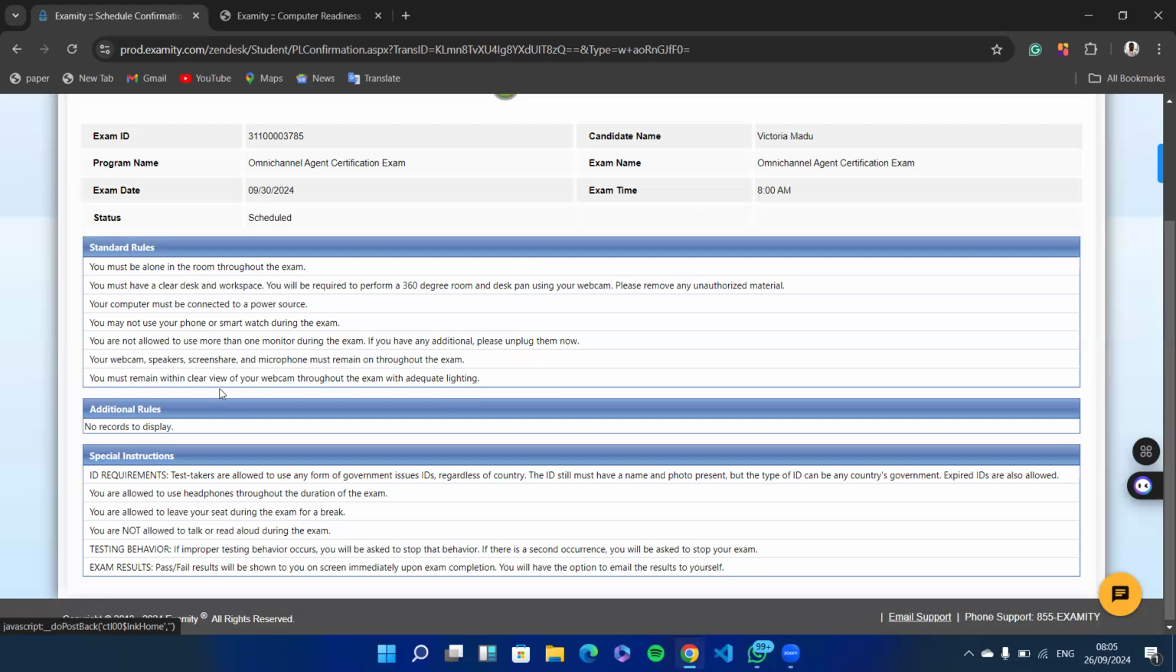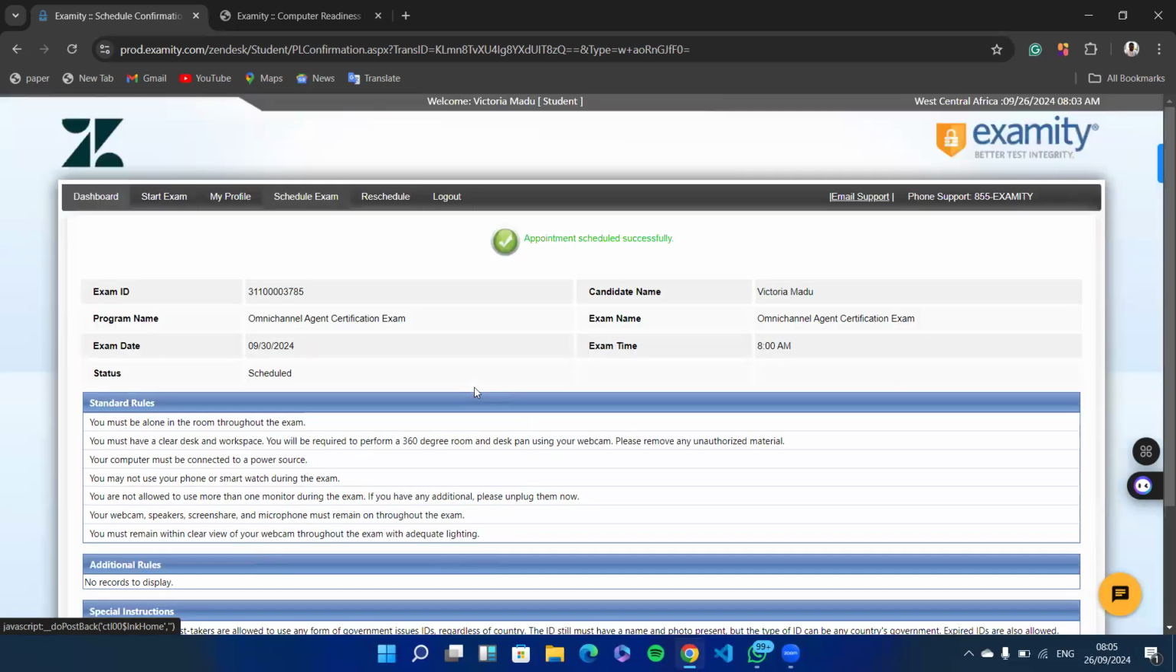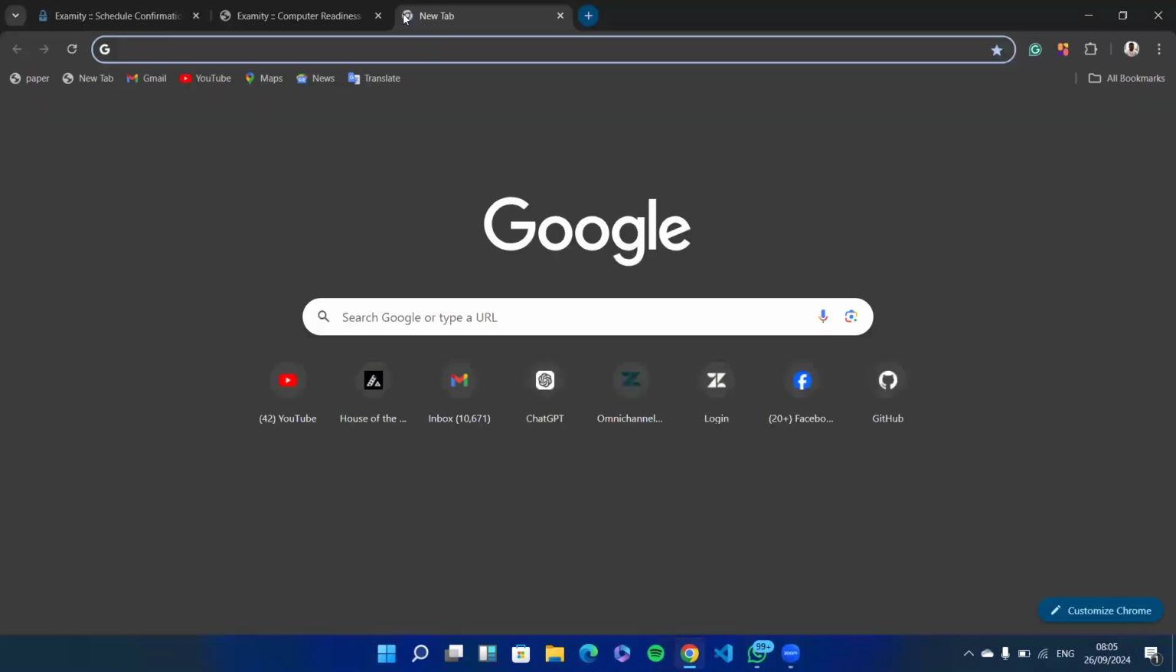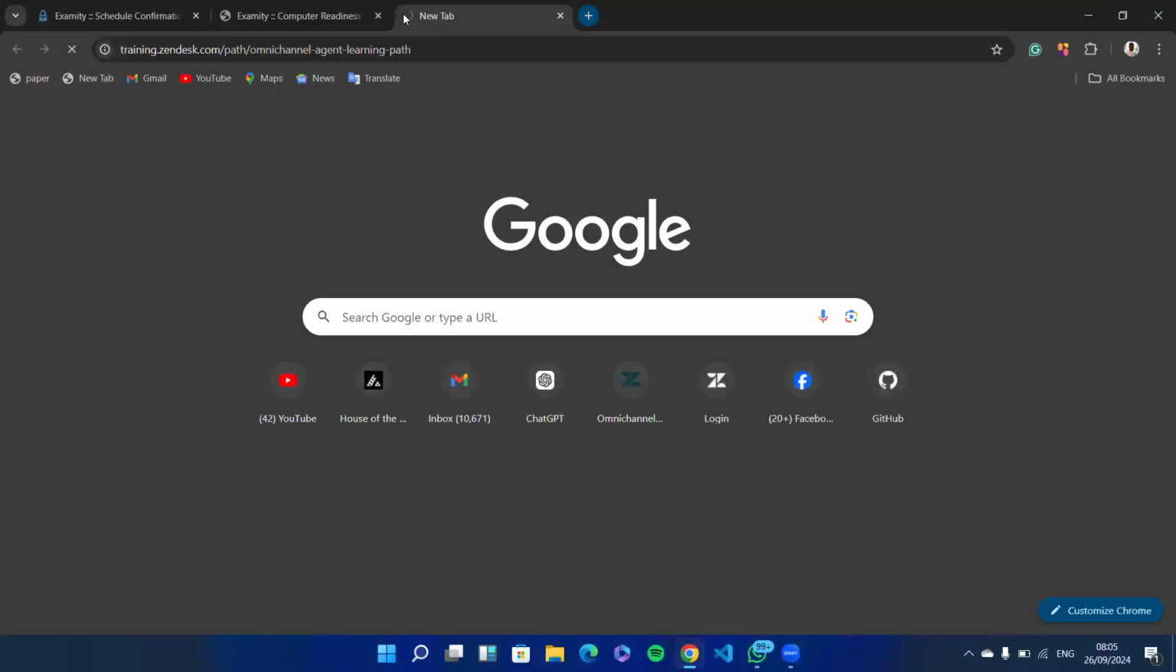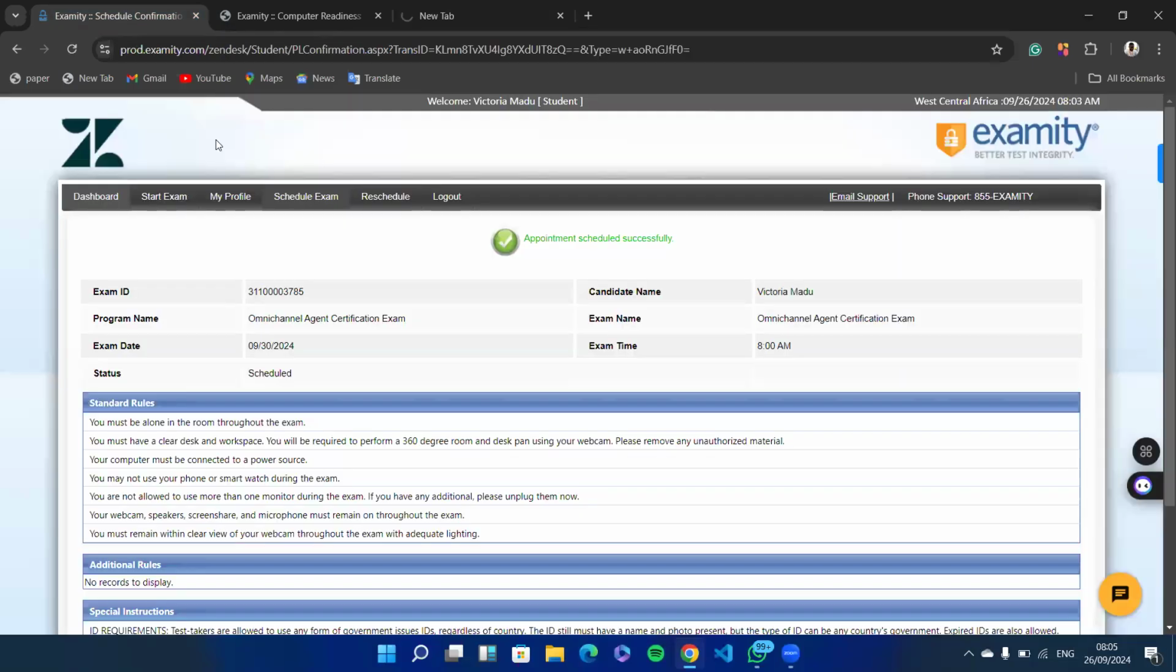You must remain within the clear view of your webcam throughout the exam. So be in front of your system, make sure they are seeing your face, and ensuring that you are not having a conversation with any other person. But you can read through this information again and get all the information. Now, secondly, another thing you need to know also is, during this exam, you cannot come into Examity. You must follow through the process of